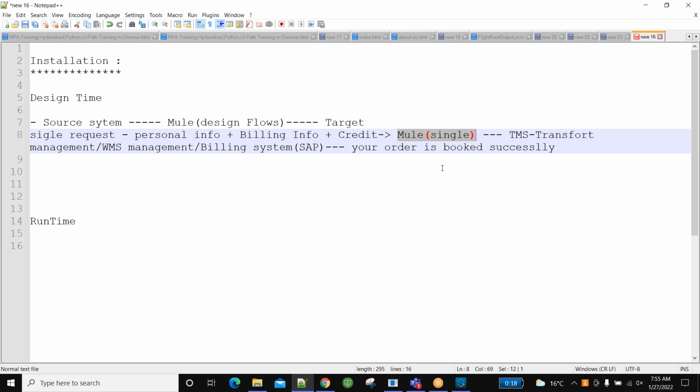Sometimes the date formats may not be correct. Those formats we have to change, that business logic we have to implement, and then combine. We have to check whether we have sent the request to all the systems and received a proper response or not. Finally we will send the your order is booked message, and the tracking information will be sent back to the source system.